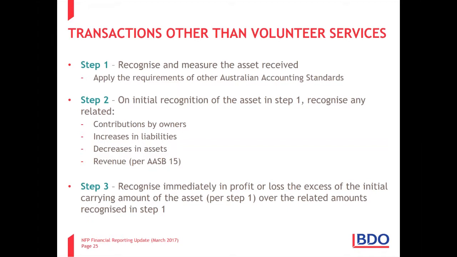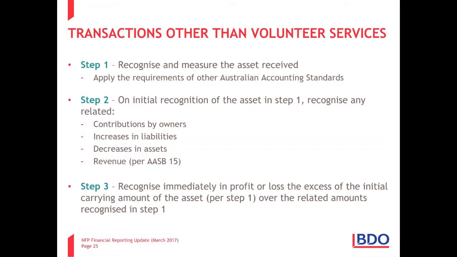Maybe there's a decrease in an asset, so maybe I've paid something. So I've got an asset, maybe I've paid something for that asset, so I decrease my asset. I might not have paid what it's worth, but I've paid something. Maybe I've got sufficiently specific performance obligations and I'm applying AASB 15 for the credit side. So let's say if there's sufficiently specific performance obligations, I'm going to say debit the cash, and I'm going to say credit a refund obligation because if I don't do what I have to do, I have to repay this money. So that's also an alternative.